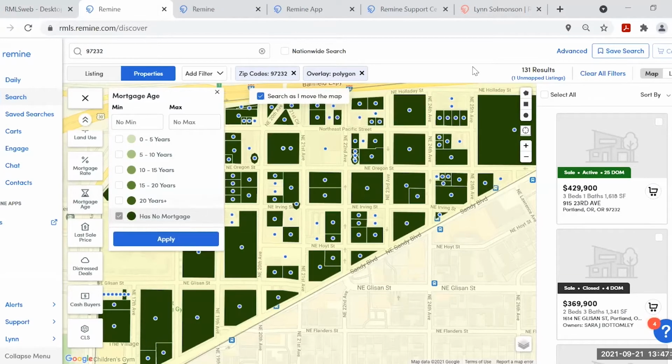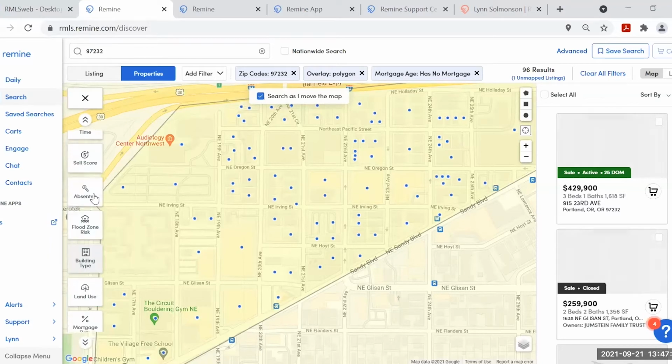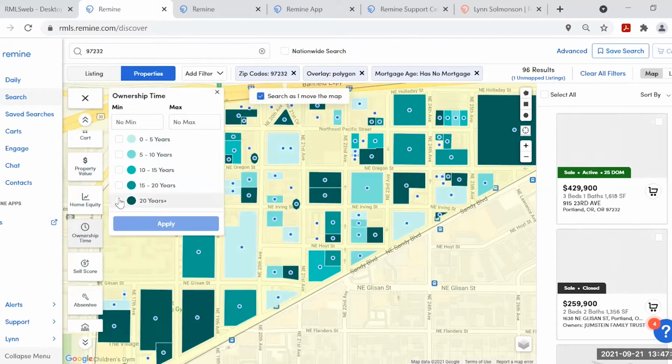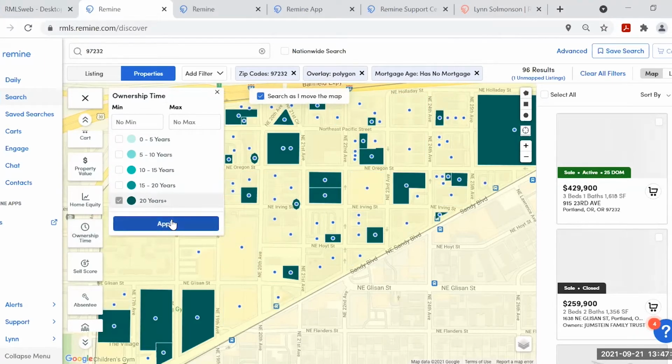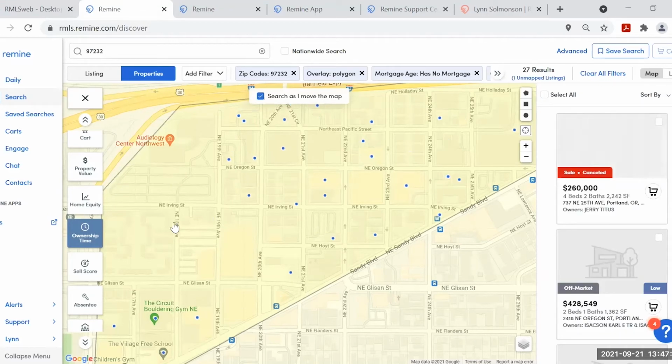Right now I have 131. I'm going to click apply, and it's going to drop that number, wow, to 96. That's amazing. Wow. Okay, and then, so no mortgage, but then I'm also going to apply ownership time, 20 plus years. And that takes me to 27.